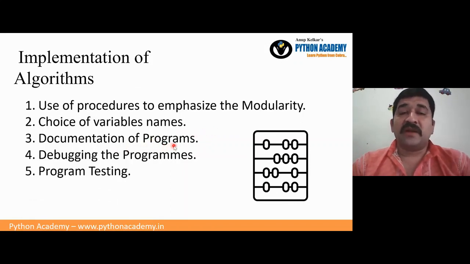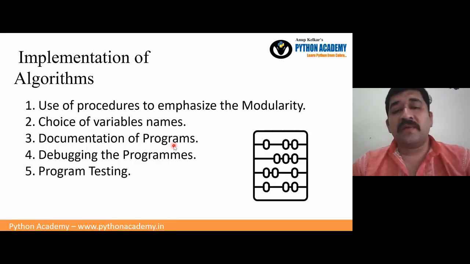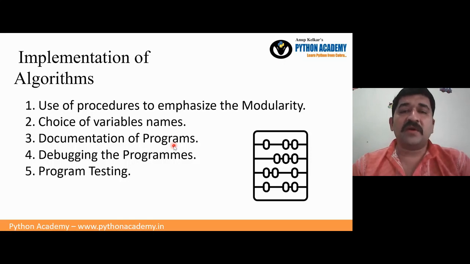Documentation of programs, that step is also important. Whenever you write a program, you have to put in documentation properly, because everyone who reads your program should find it easy to understand, through the comments or the documentation string, which part is doing what. Okay, what we are focusing on is not just writing a simple algorithm, but the bigger side, so that when you go into the industry, there is good quality code available for you.